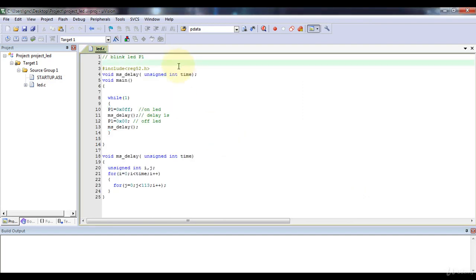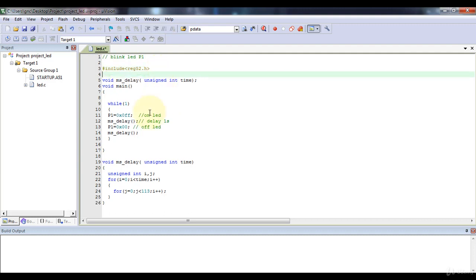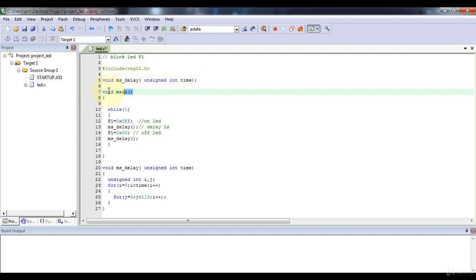Now let's say I have connected 8 different LEDs to port 1 pins, and I want to blink those LEDs. So now let's try to write the code for it. First of all, you have to include the header file, which is reg52.h. Then in void main, you have to write your code.